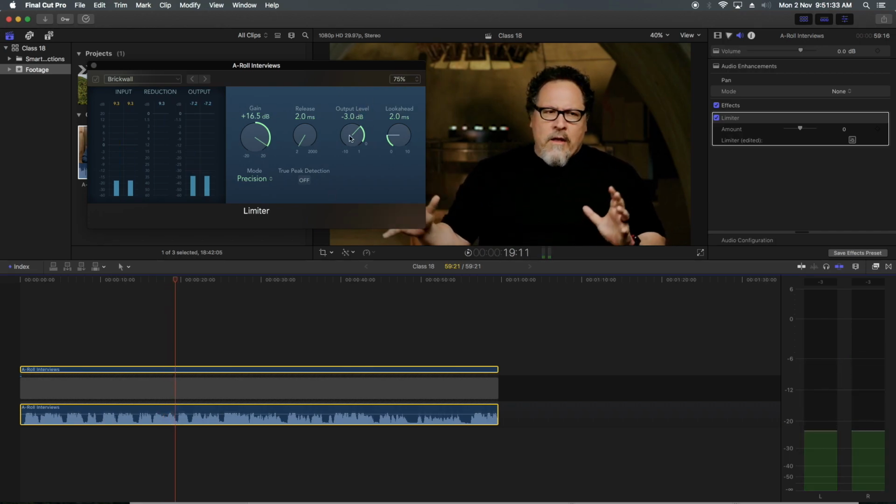We are controlling the output level and we are increasing the gain. What does increasing the gain do? It only affects those areas which have a lower audio level, increasing those levels and maintaining the high. So let's see what's going on here.